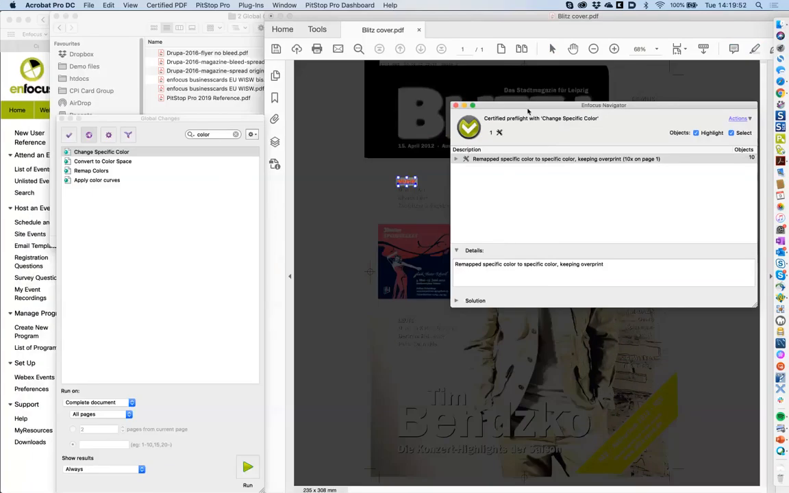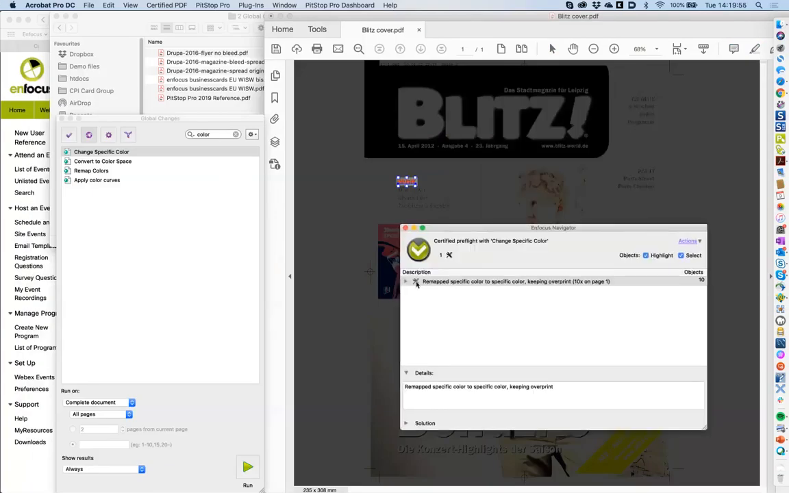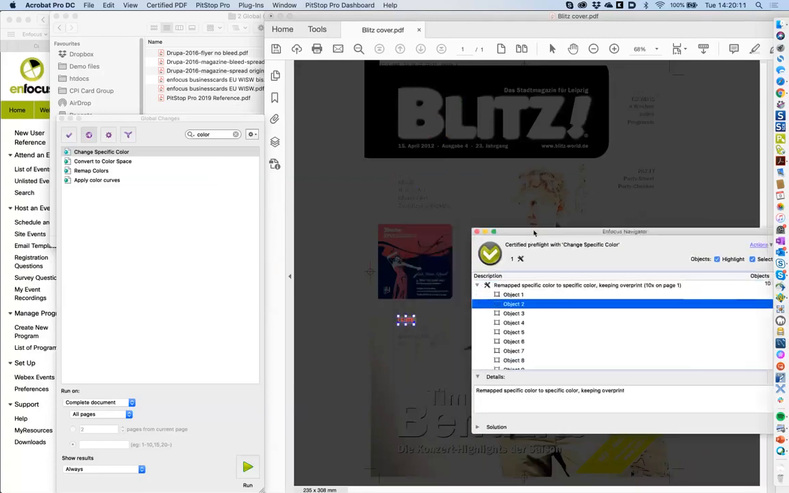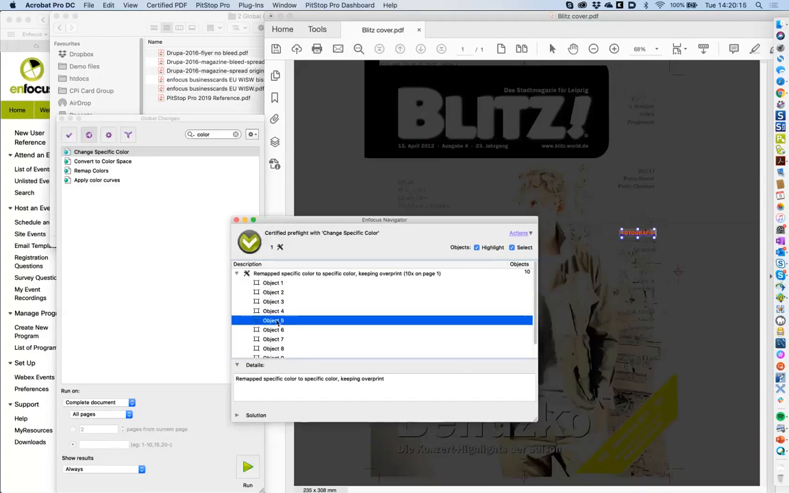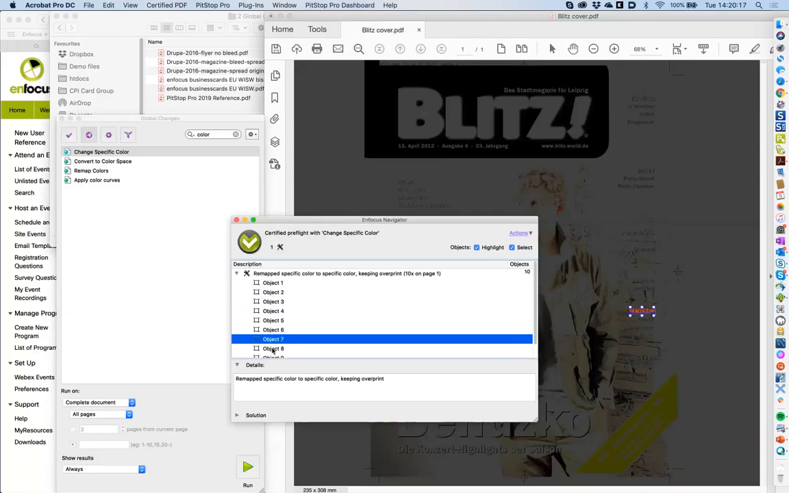And now we see here the result. So there was one change. I remapped specific color to a specific color, keeping overprint, and it happened 10 times on page one. Okay, if you have more pages, of course, you will have more explanation here. And by this, I can open this and I can browse into my document, and I can have a look and click on each item to see manually each item